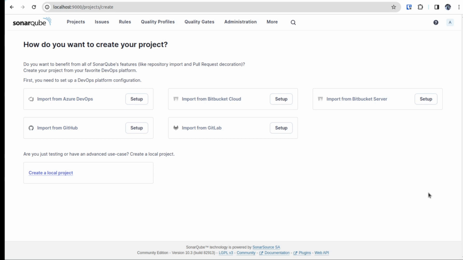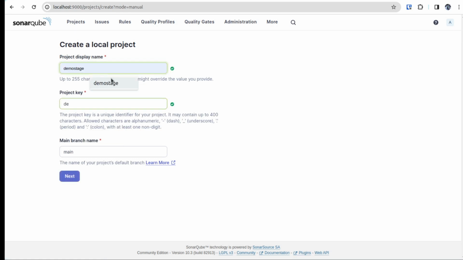With that said, I already have a local SonarQube instance that is ready to go, and I can go in and create a local project. The code base that I'm going to be examining today is a very small utility that I'm creating to showcase some of the examples for this overarching project of Senior Developer in 24 Hours. So we enter some very basic information, basically the name of the project and a unique identifier for the project,